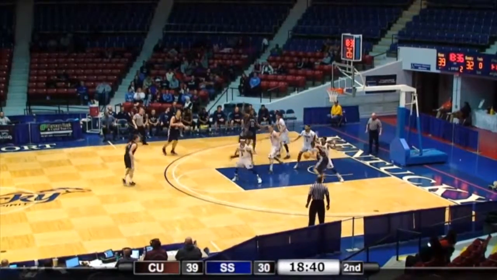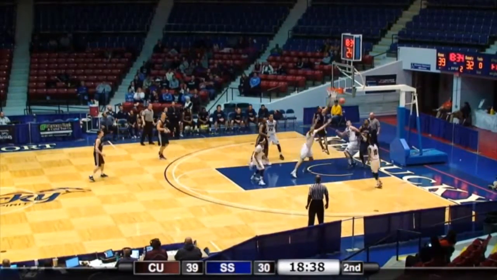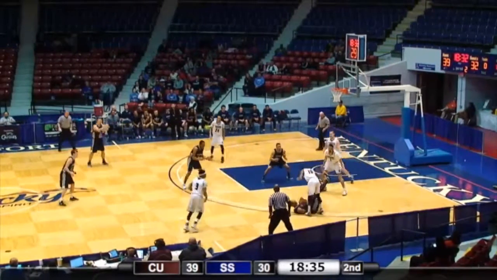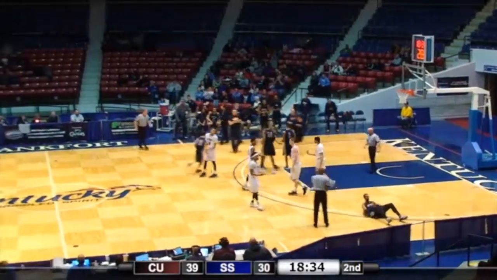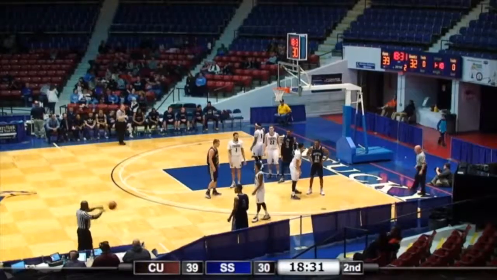Underneath to Dunston, defended by Harris. He goes up, and the shot no good. It rolled around the rim. Tingle tracks it down. And are they going to give the timeout to Shawnee? I believe they are. We hope you're enjoying the